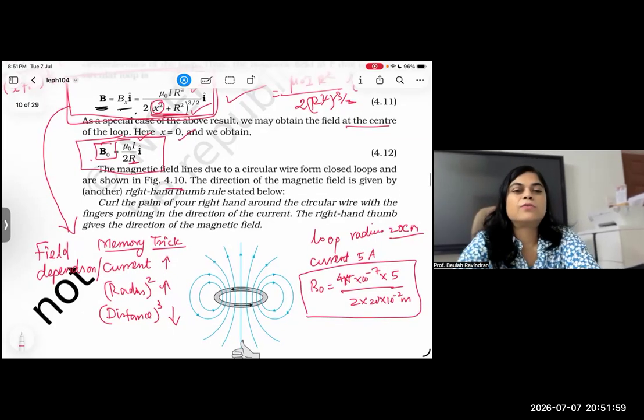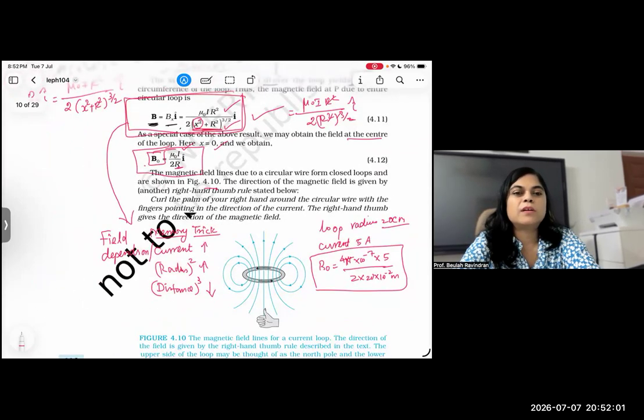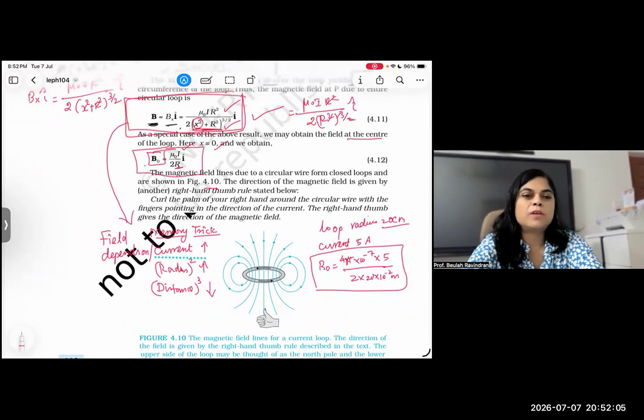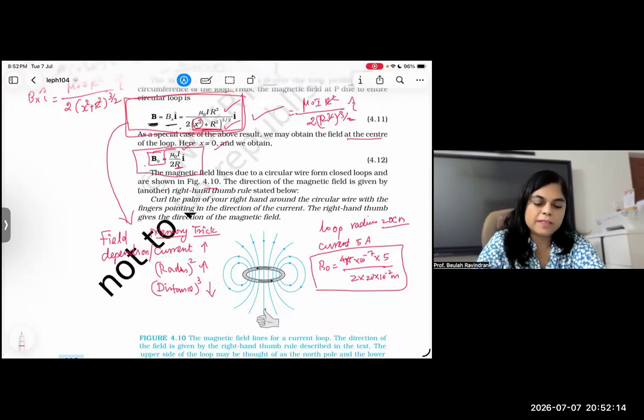See here, students always forget, and these are the common mistakes they make. They put r square or r plus x square like that. So you need not worry about all these things. Suppose you're asked for the field at the center,